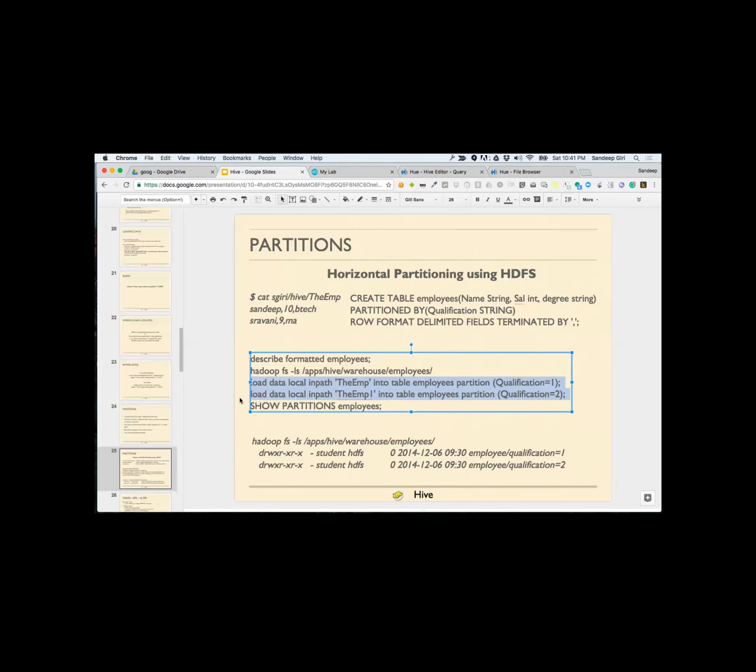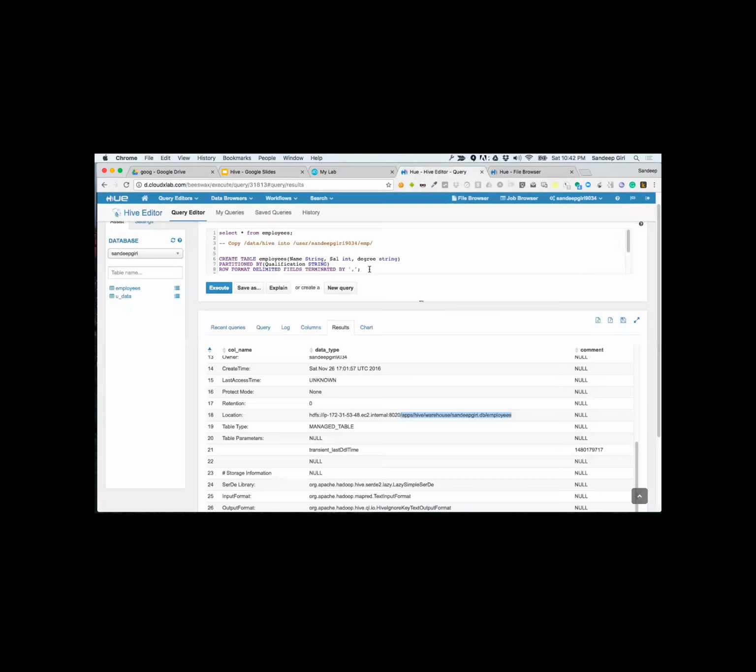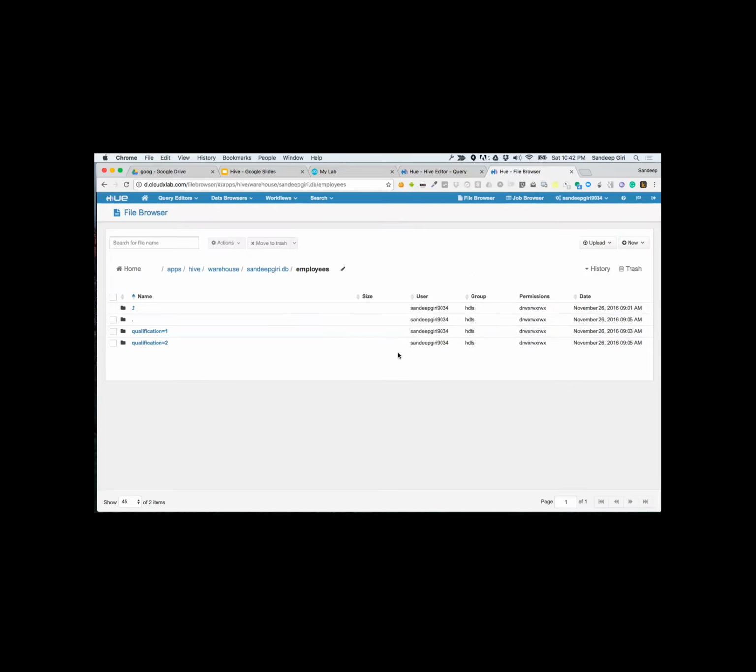Because the main problem which all of us face with Hive is not the query. It's only where is my data? It's only that. Where is this table created? Is it getting created in MySQL? Where is the folder? What happened to the folder?